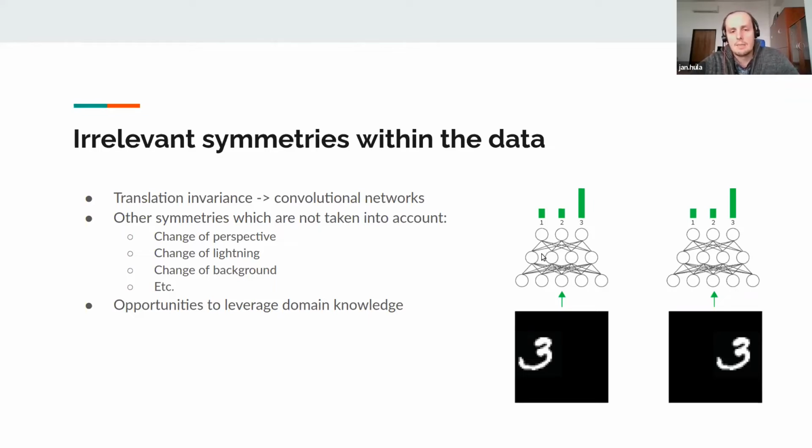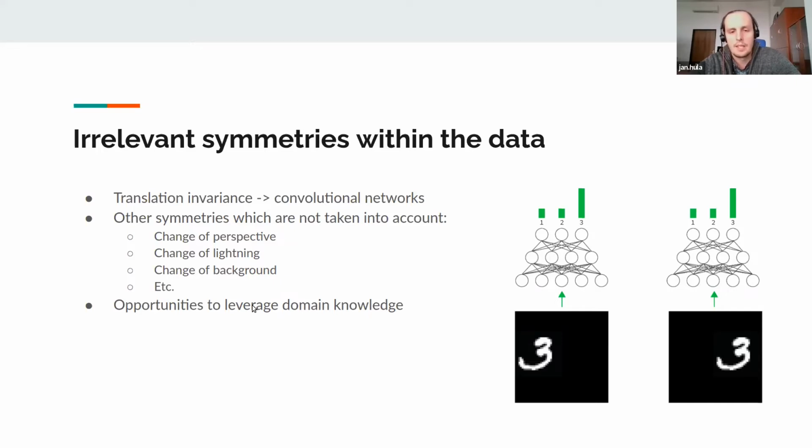But there are many other symmetries which exist in computer vision. For example, there is change of perspective, change of lighting, change of background, and many other symmetries which exist, but they are not leveraged by current neural networks. So there is a lot of opportunity to